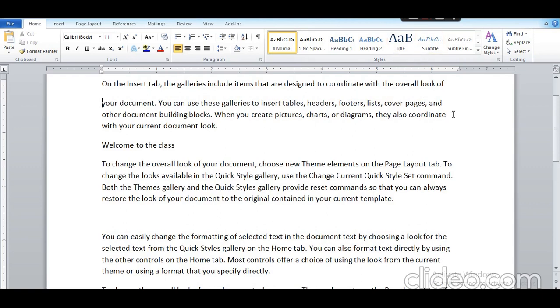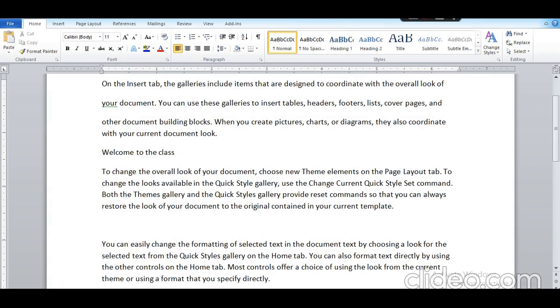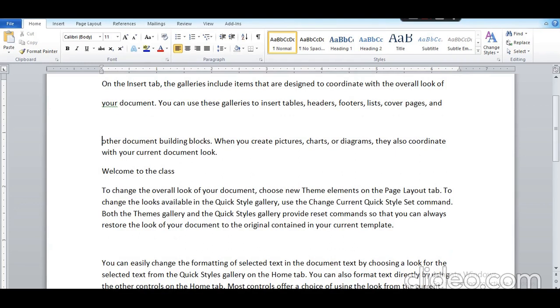In the same way, if you want to insert a blank line after the second line, put the mouse cursor there and press the enter key from the keyboard. A blank line gets inserted in your paragraph. If you want to insert one more blank line, then again press the enter key. 2 blank lines get inserted in your paragraph.